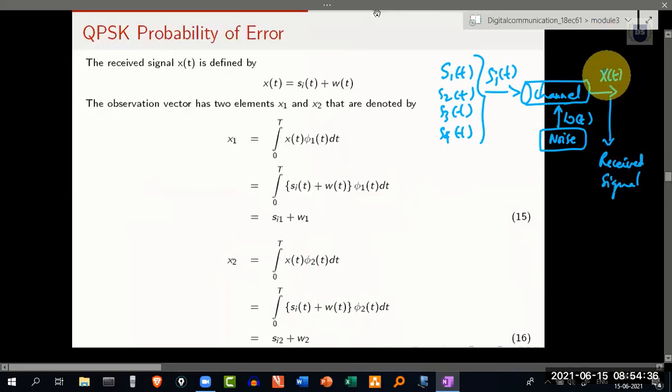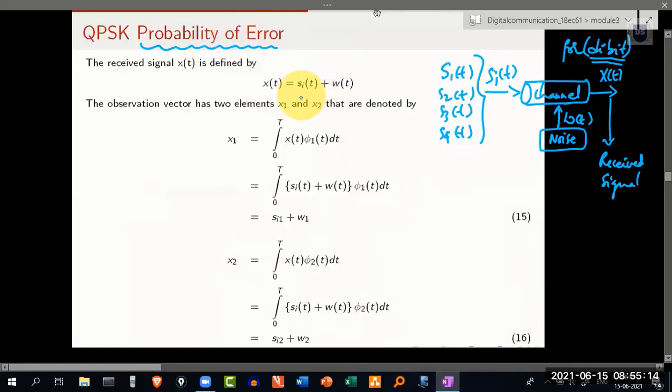And over here, this X of t in turn contains... we've got to calculate the probability of error for dibit, remember. Because it is for a dibit, things get complicated, whereas in BPSK it was just for a single bit. But for QPSK, because we are using dibits, there are chances that we can have error in both the bit portions. So because of which there is a slight increase in the complexity of the probability of error.